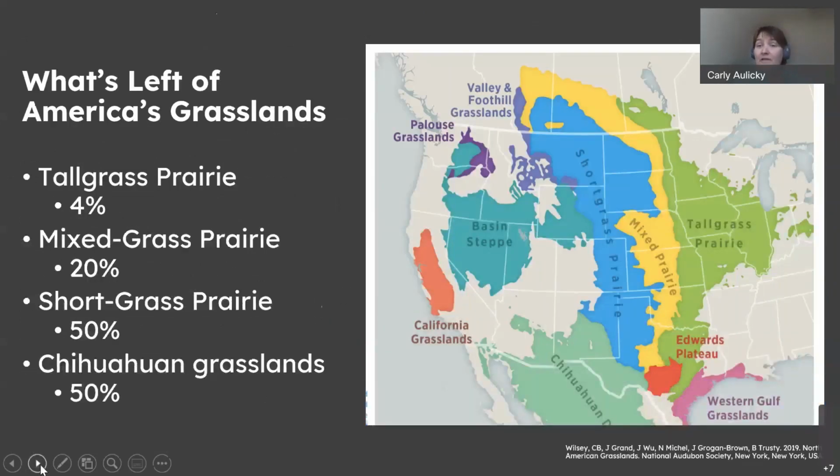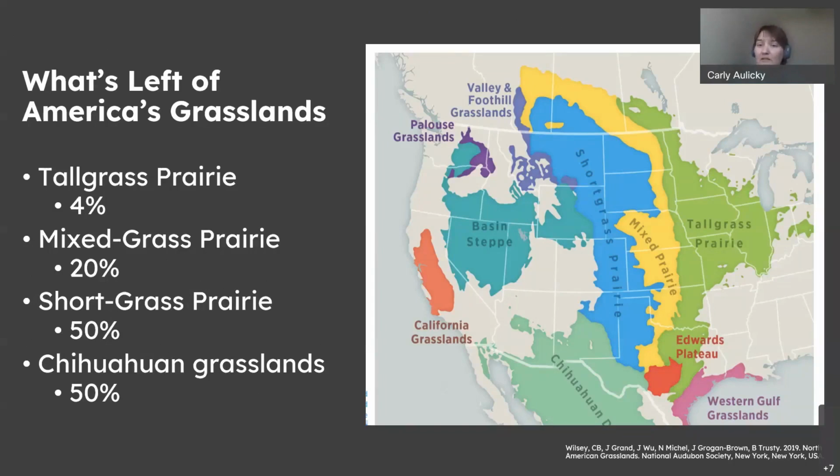So when we look at what's left of North America's grasslands, it becomes rather grim. Starting with the tall grass prairie on the easternmost side of where we have our plains, we're looking at an estimated 4% remaining out of the entire extent that ran from Canada all the way down to where we are in Texas. For mixed grass prairie, moving a little bit west, estimates are around 20% remaining. For short grass and Chihuahuan desert grasslands, we're at about a 50% estimate